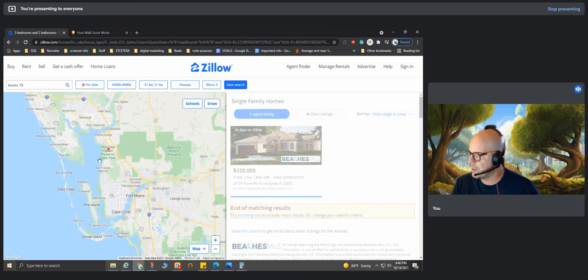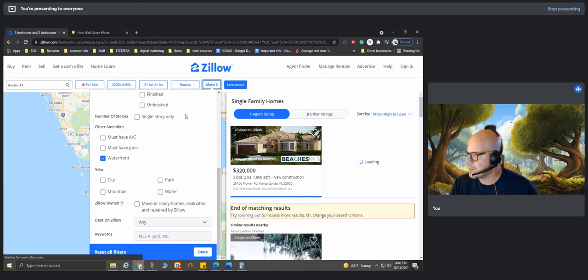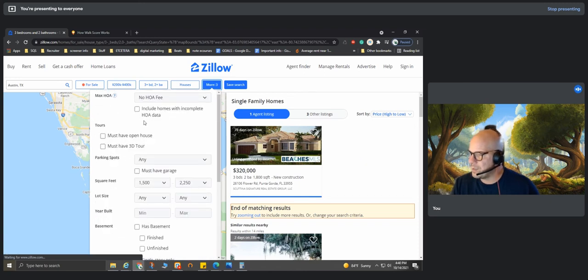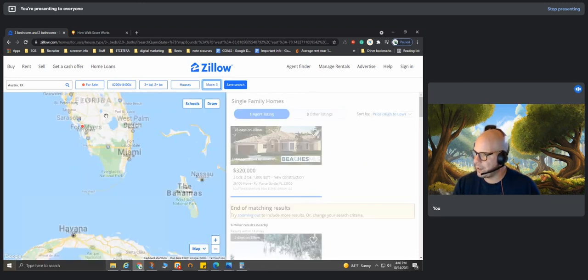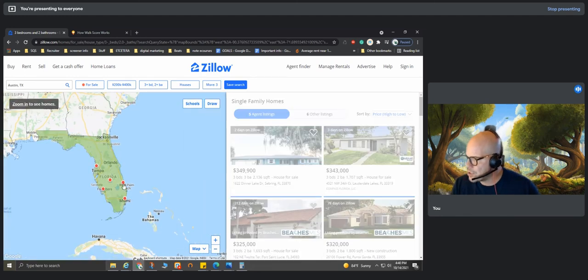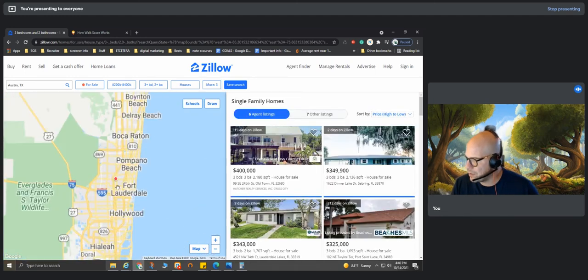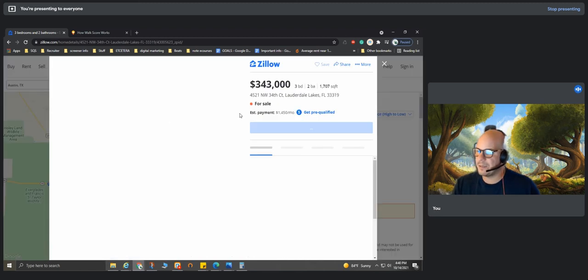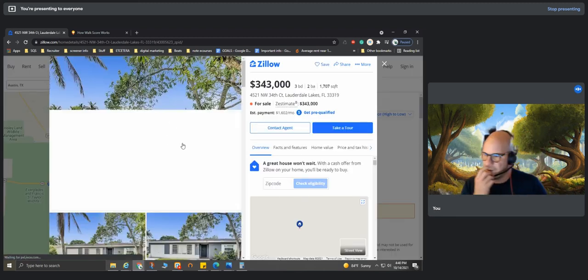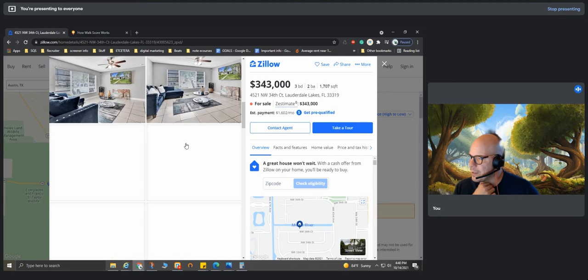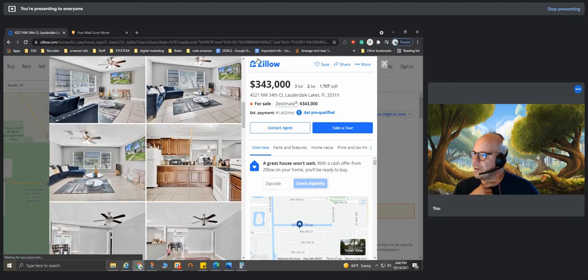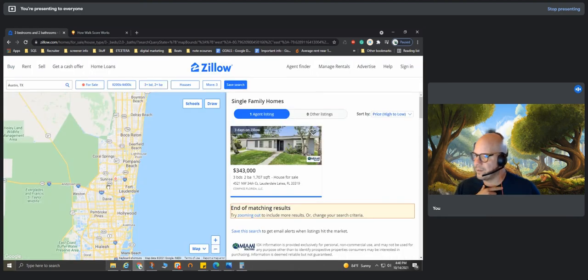It doesn't look like it's waterfront to me. Let's see what we've got here. But you get the idea, right? So these are just a few things that you can use. And I don't know if it's the basement that's throwing me off or whatever. I should have deselected that. I thought I did, but these are just a few of the things that you can do with